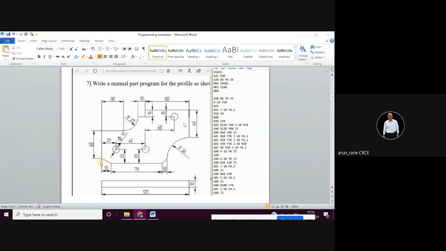See, there is no hard and fast rule. You can stop the coolant first and then you can stop the spindle anyway. Then G80 M09 on top, then next block में M05, then you take the tool to the reference position G28, G91, X0, Y0, Z0, and then say M09.